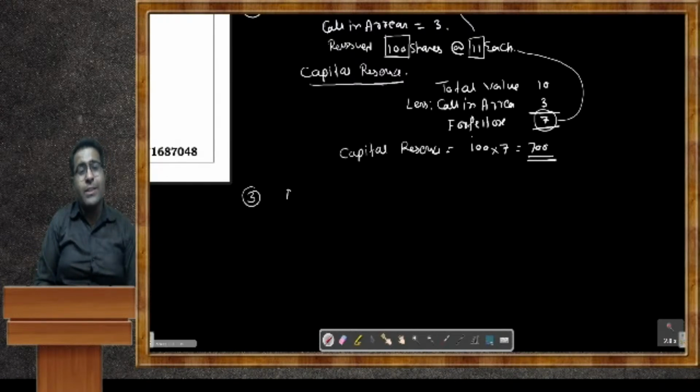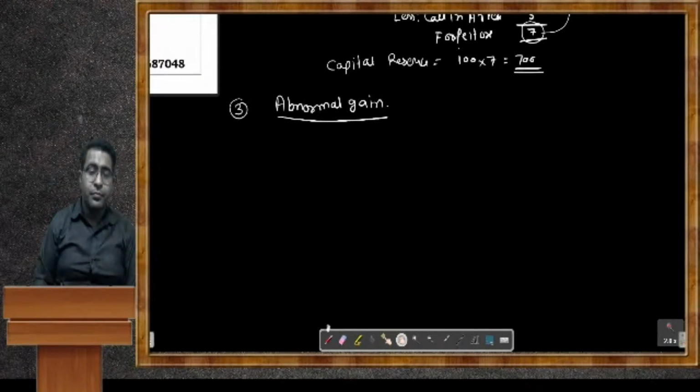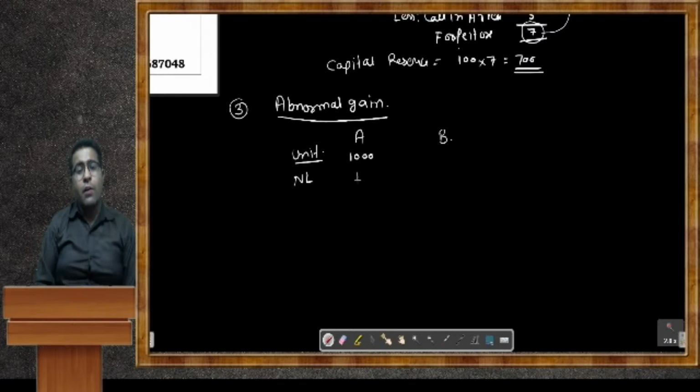Question number 3. What is the abnormal gain? Any type of abnormal gain. Just look at it. There are two processes, process A and process B. In process A, 1000 units are transferred and there is a normal loss of 10%. When the goods transfer from A to B, these are 950. How is it possible? Just look at